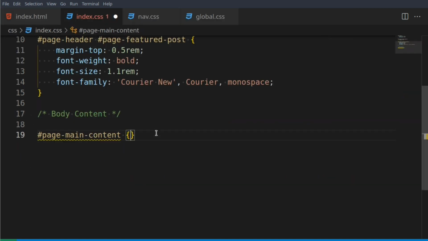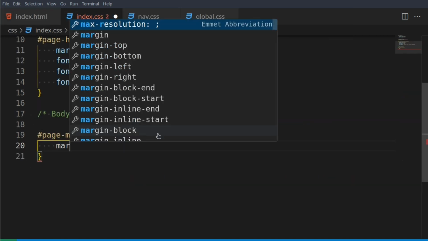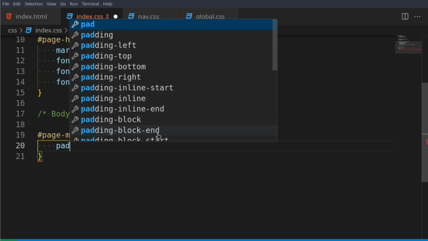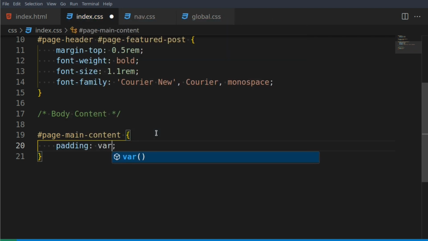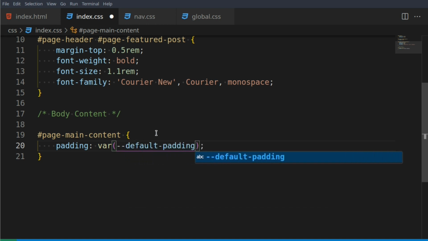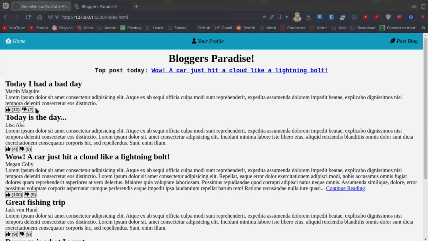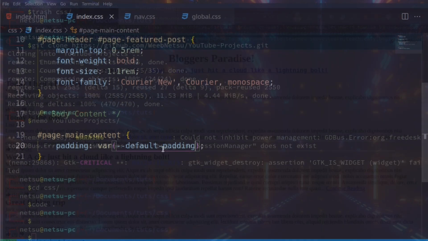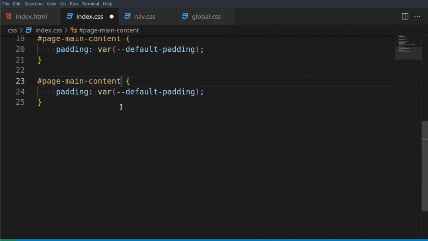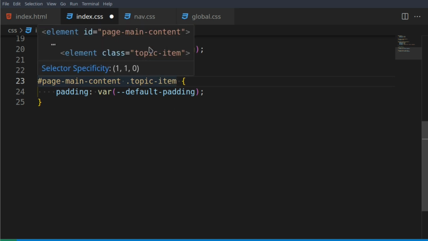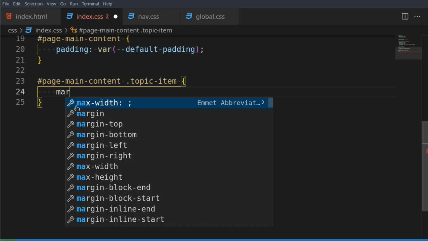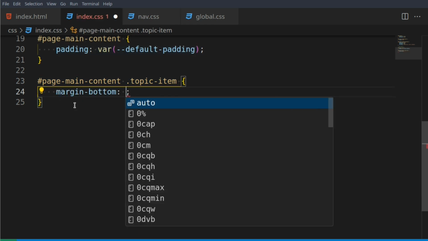We want to select that and just say padding var, and we can select our variable --default-padding, and this will just add default padding sizes to our main container here, which is 1 rem. Then here we can add .topic-item. This means for every topic item inside of main page content, we can add margin-bottom 1 rem,